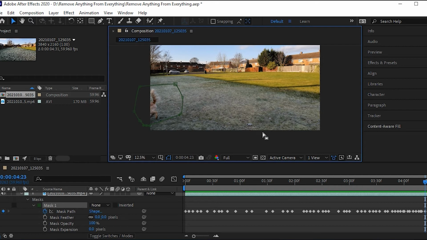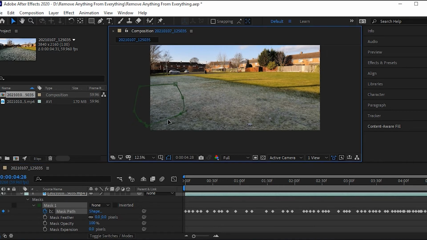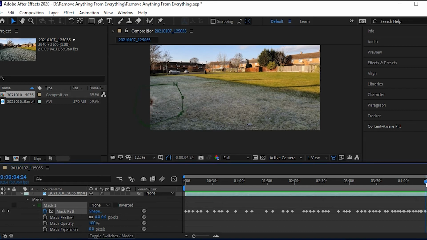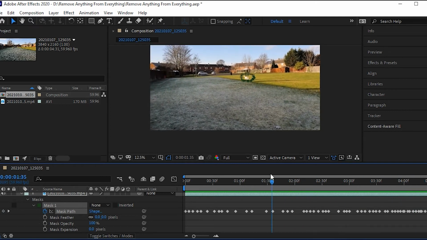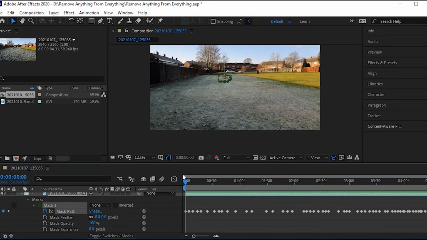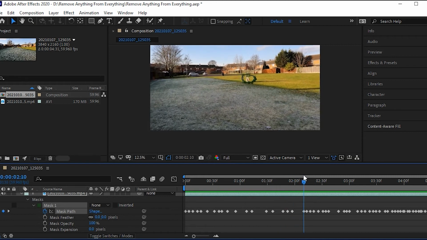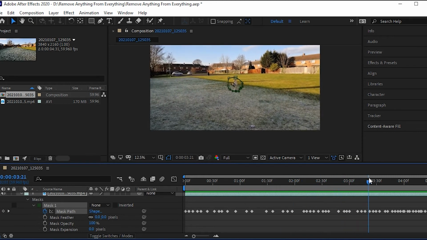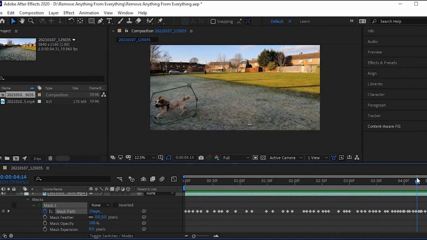And that's just to allow her to go off screen gracefully. And what we'll do is we'll just stick a keyframe in there that the mask moves a little bit, just so that we've got everything that we need. So as we go backwards through it, you can see that she is tracked by this mask. It's not a particularly accurate mask in terms of following the contours of how she is and what shape she is, but you can see she's pretty much contained within all of that.